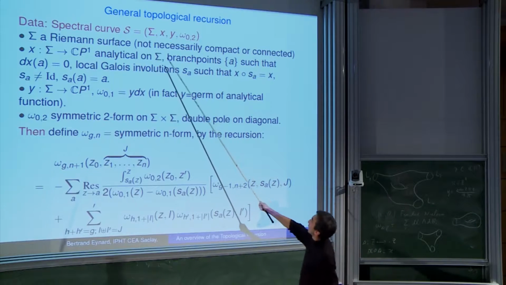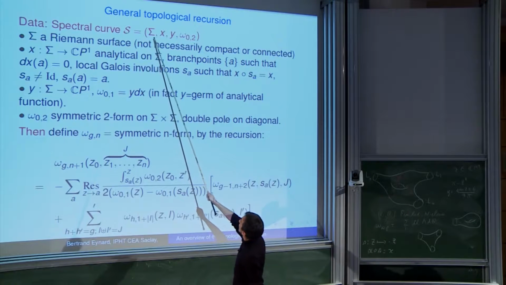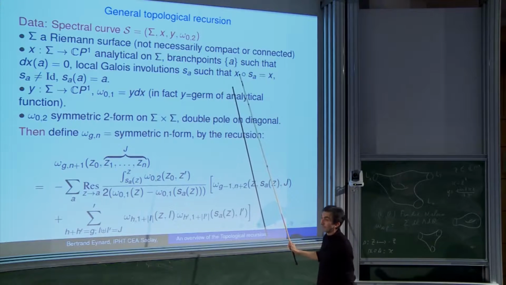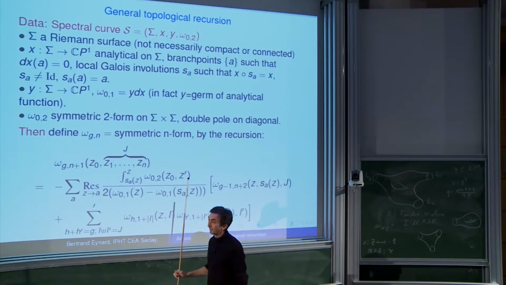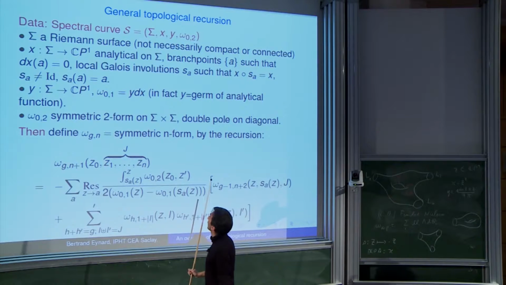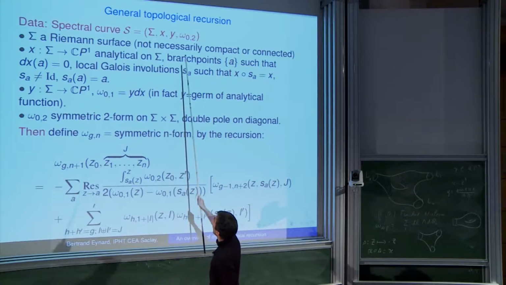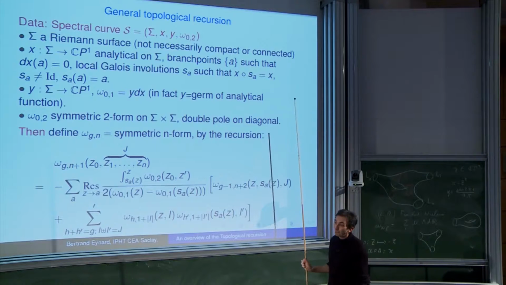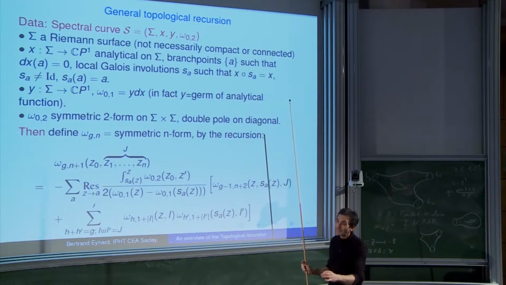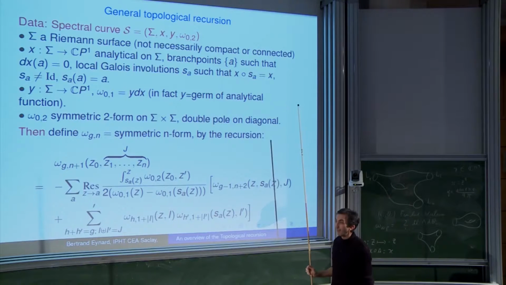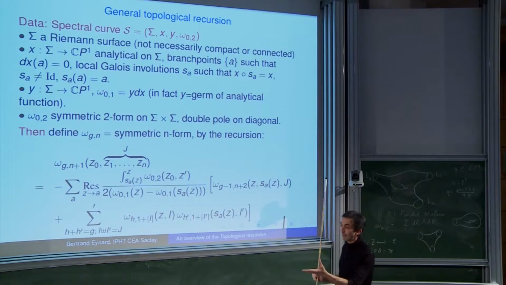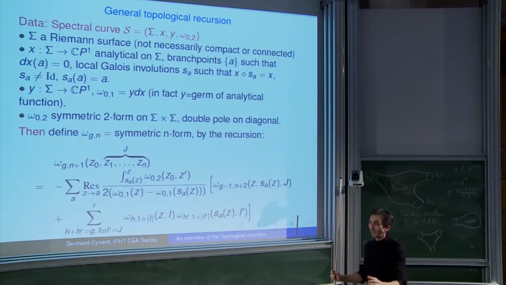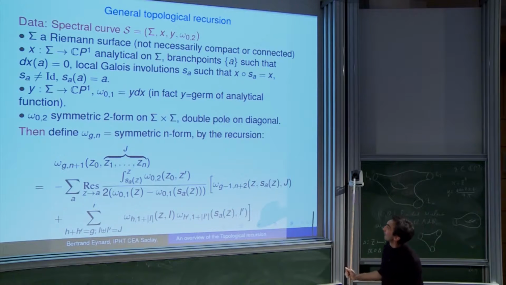So a spectral curve for me would be the data of a certain Riemann surface, but it's not necessarily compact or connected. Is it in all examples an algebraic curve minus finitely many points? Well, yes, somehow what we really need is only germs of analytic functions at points. So you don't really need a Riemann surface, in fact. That's why it's equivalent to Professor Kazarian's formulation. What you need is just the coefficients in the Taylor expansion locally. That's all you need, in fact.